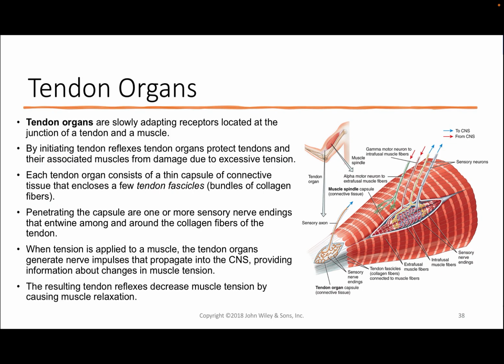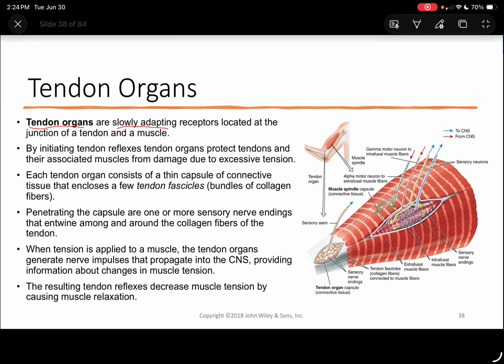Tendon organs, on the other hand, are up next. These are also going to be slowly adapting receptors, and these are going to be located at the junction between the tendon and the muscle. So where all of this stuff comes together. So here's our tendon organ we've got going on. By initiating our tendon reflex, those tendon organs are going to be there to help protect the tendons and the muscles that are associated with them from damage due to any sort of extra